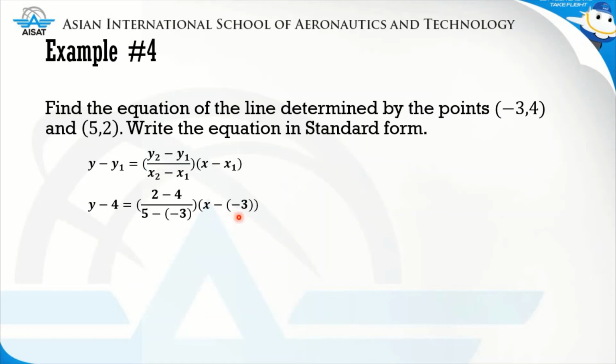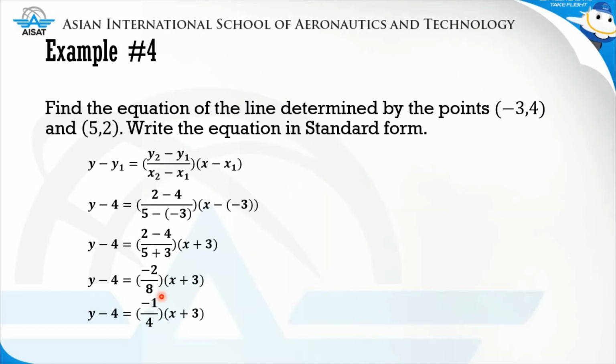Now simplifying the expressions inside the parentheses, we'll have y minus 4 is equal to 2 minus 4 all over 5 plus 3 times the quantity of x plus 3. Simplifying the slope, we'll have y minus 4 is equal to -2 over 8 times x plus 3. We know that -2 over 8 can be expressed as -1/4. Now simplifying y minus 4 is equal to -1/4 times x plus 3, we'll multiply the whole equation by 4